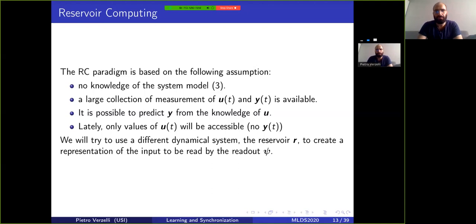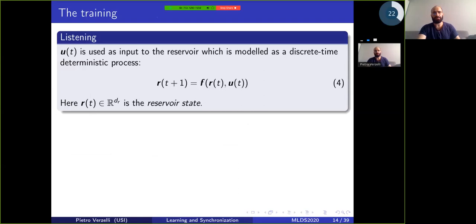So the approach is based on creating a new dynamical system, which we call the reservoir, and you couple it with the input U, and you hope that this will create a representation of your source system S. And then you train a readout psi that reads the state of your reservoir and generates the desired output Y. So we divide the training into parts, because unfortunately you need to train the system, and the listening you use the U as